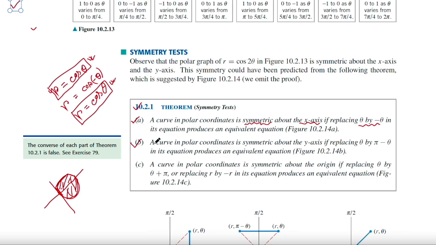B, a curve in polar coordinates is symmetric about the y-axis if replacing theta by pi minus theta in its equation produces an equivalent equation. For example, let's say r equal to sine theta. This is your original equation. Now if you replace theta by pi minus theta, then you will get back your previous equation, sine theta,